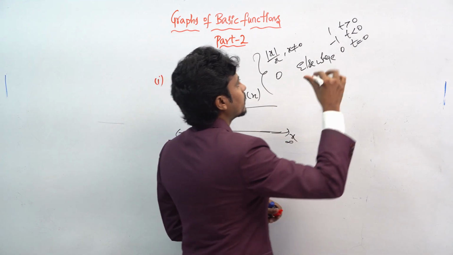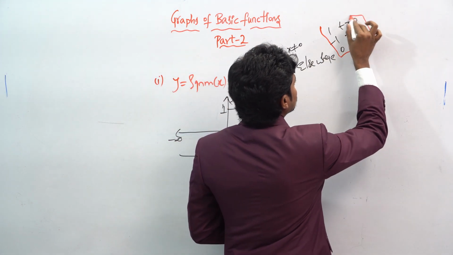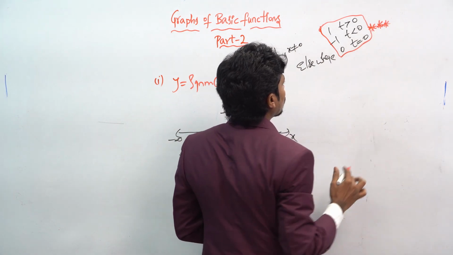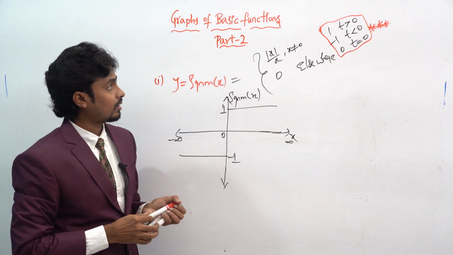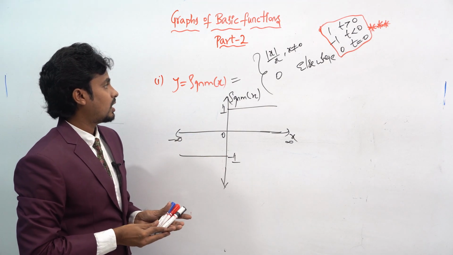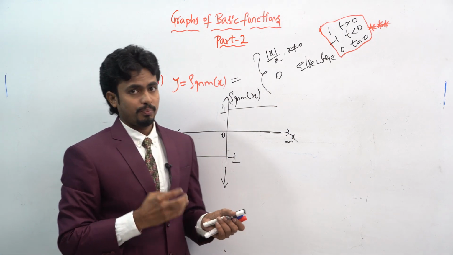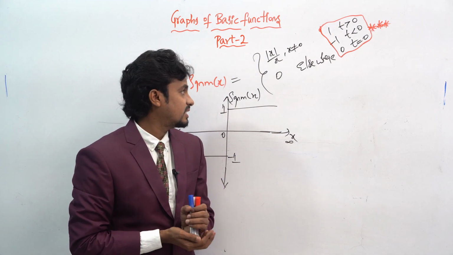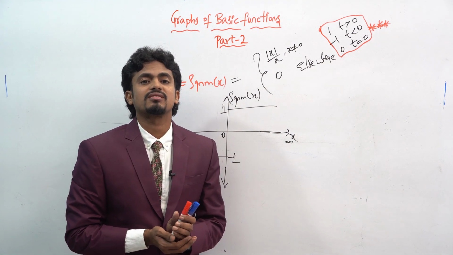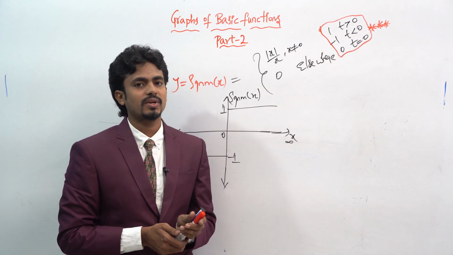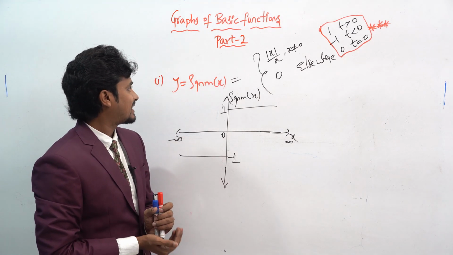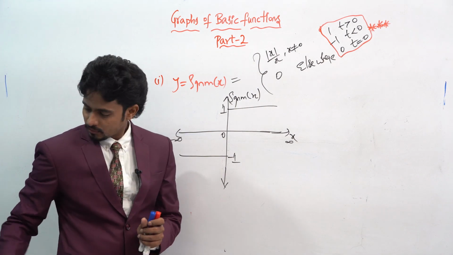So this was very important. This representation is very, very important. Okay. So the main use for this signum function is, whenever you have a phase difference of 180 degrees, we generally refer to this signum function in practical applications in engineering as well as in communications and technology. Okay, now let's see another important plot.